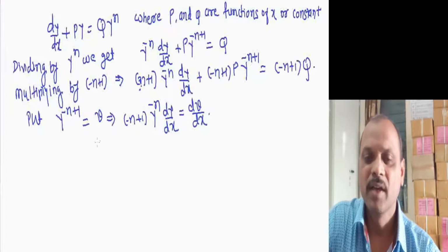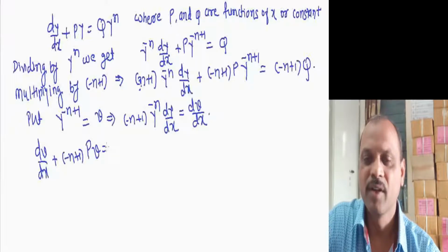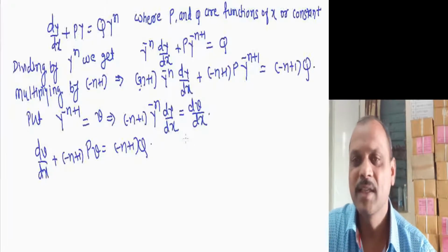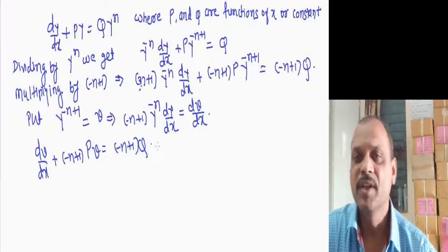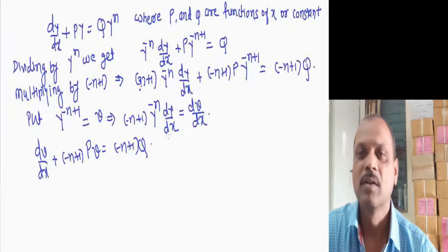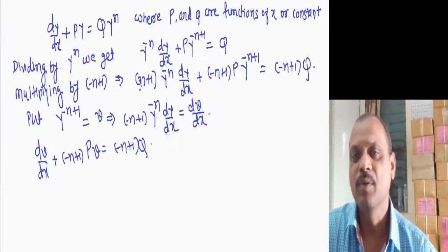So here the equation is dv by dx plus minus n plus 1 p into v equal to minus n plus 1 into q. You can see that this equation is converted into a linear differential equation, which is solvable by the method where we have seen the integrating factor, how to find the integrating factor and how to solve